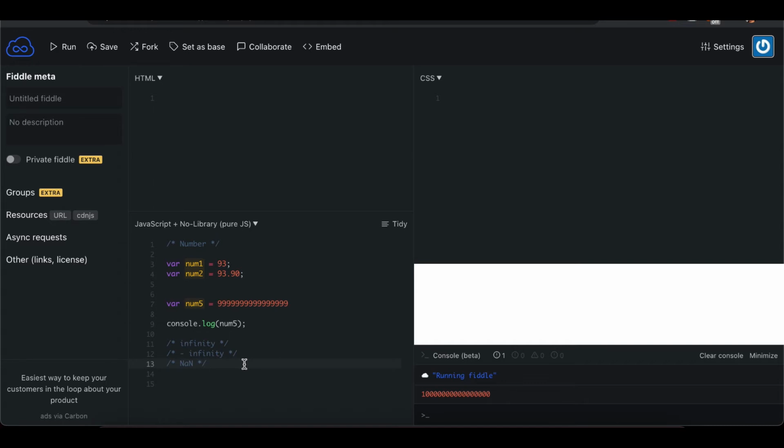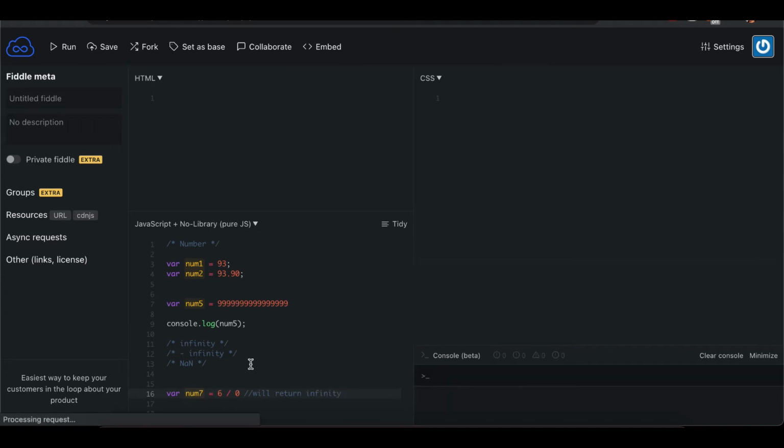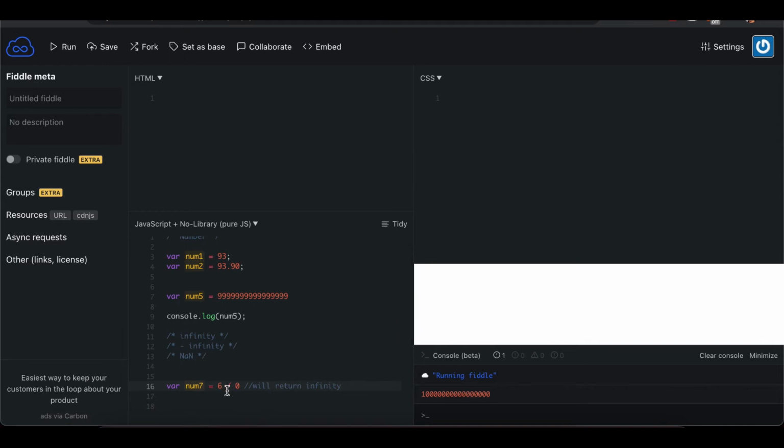So for example, let num7 equal to 6 divided by 0 will return infinity. Any number divided by 0 will return you infinity.